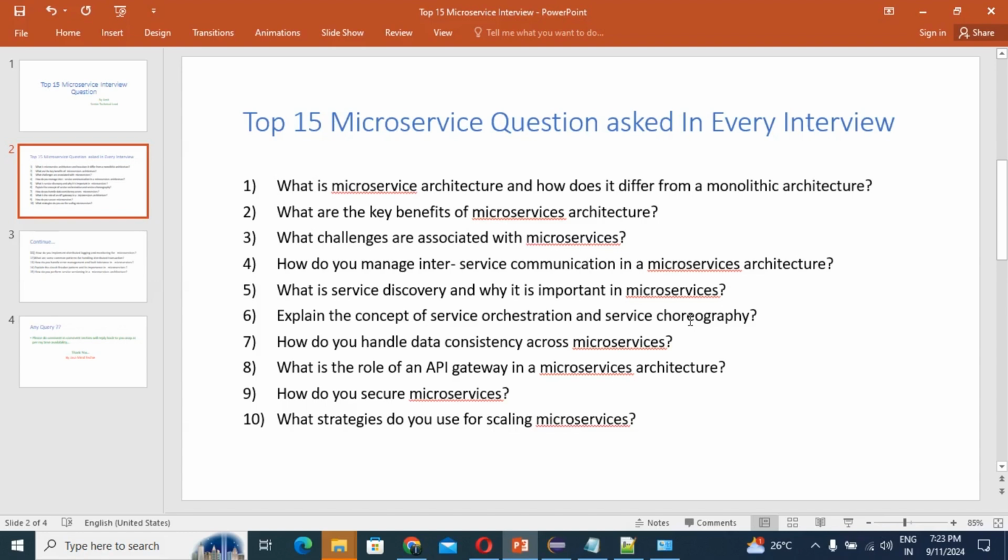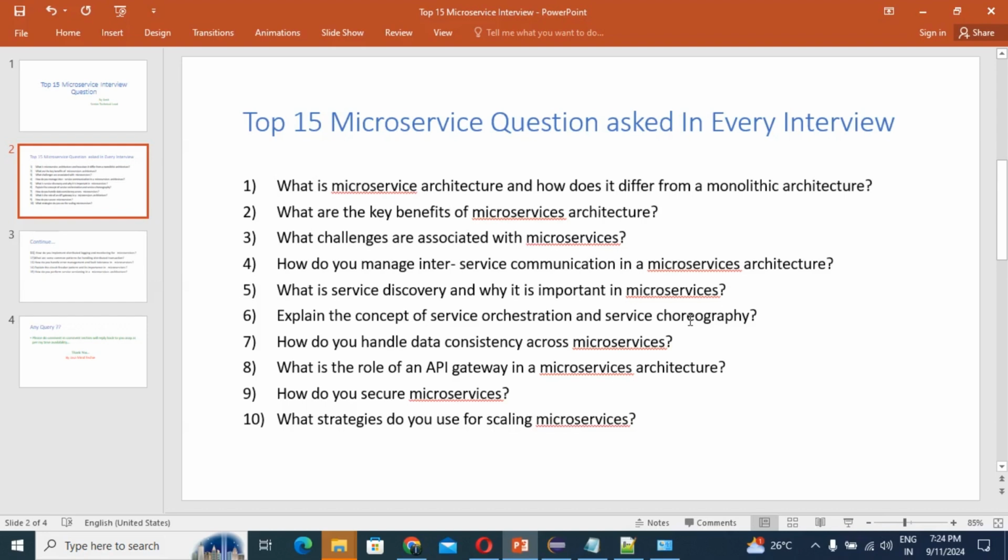Next, API gateway. With the help of an API gateway you can also secure your microservices. How? With an API gateway, you get centralized security policy and manage access control through the API gateway. Then the next way is service-to-service security. Use mutual TLS or other mechanisms to secure communication between services. These are all the points by which you can secure your microservices in your application, in your project.